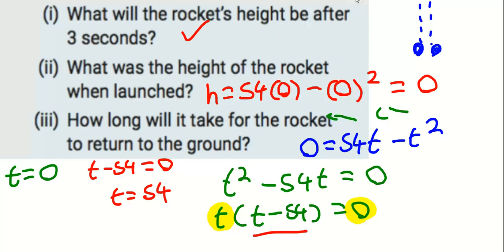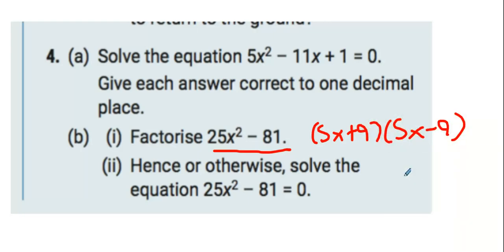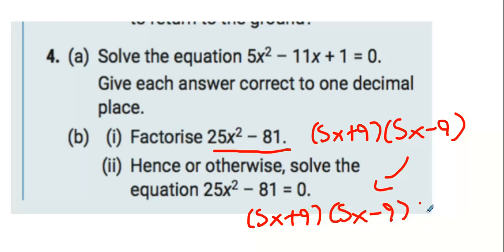Right. Now, you see this question here? It's the difference of two squares. How do I know that? Yeah, so it's 5x plus 9 and... Yeah, and then you can take that into part 2 then, can't you? 4, 5, and 6, yeah. Do you remember what you're doing now? More or less. And this is